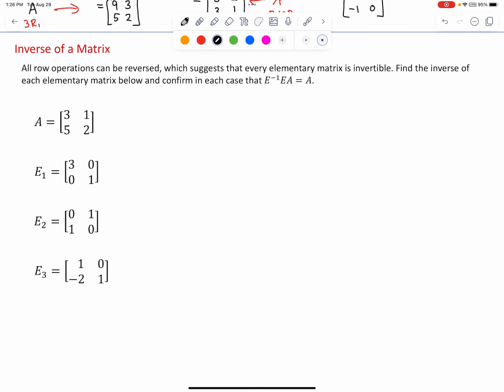All row operations can be reversed, which suggests that every elementary matrix is invertible. Find the inverse of each elementary matrix below and confirm in each case that E inverse times E times A equals A. Now, we haven't really talked about how to find an inverse matrix yet, but it does make sense